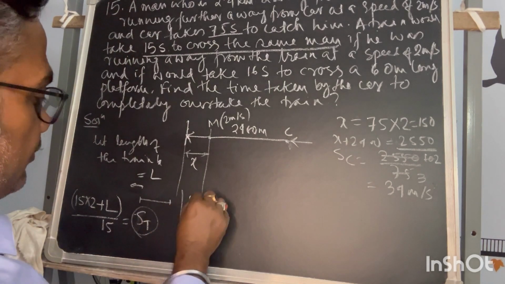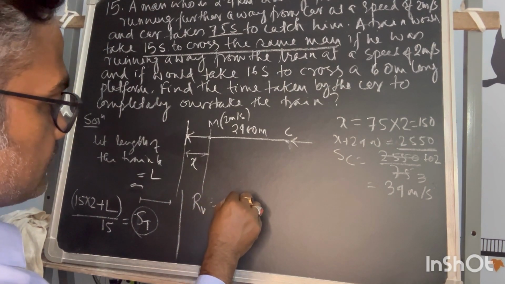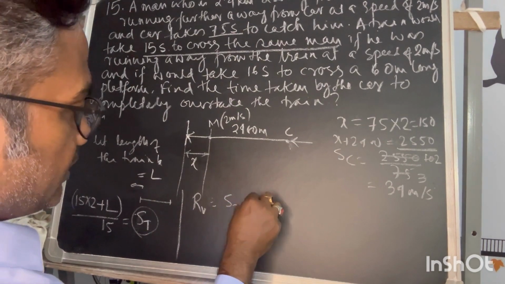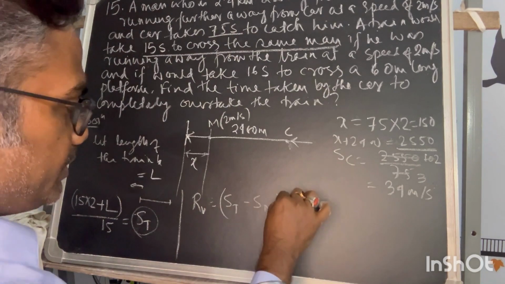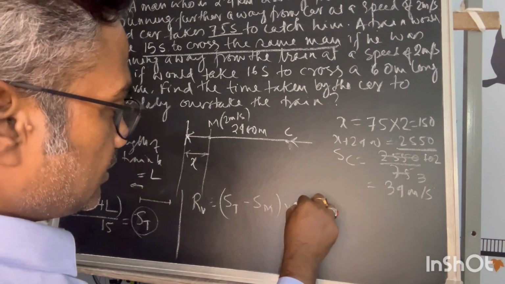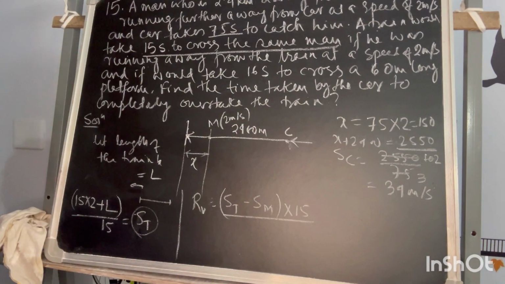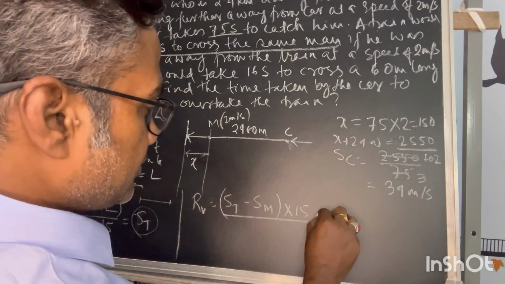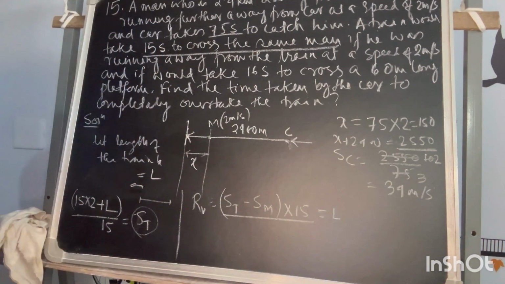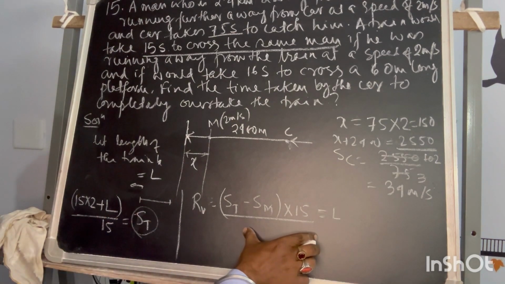Or else, the relative velocity between the train and the man is what? Speed of train minus speed of man, because they are moving in the same direction. This is the effective speed, into the 15, that will give you the distance traveled, and the distance traveled is what? When the train is crossing the man, the distance traveled is equal to the length of the train. So this will be the case. Either you can use this or you can use this, that will give you the same meaning. Okay,